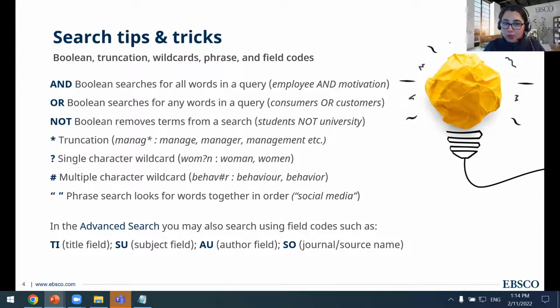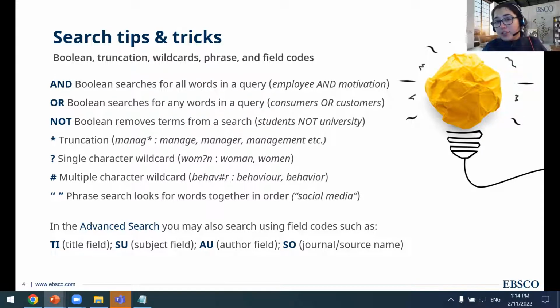We also have wildcards. So this is where you might want to substitute one or more characters in between a word. So truncation works really well at the end of a word. Wildcard works well in between, the first and last letter. So the middle letters, the middle characters. So you could use a single character wildcard, and that's reflected with a question mark. So wherever you're substituting a character, you put a question mark and it'll search for any words that have virtually the same spelling except for that one character.